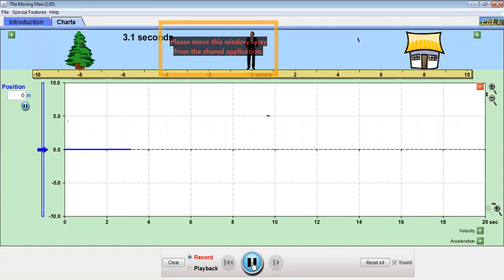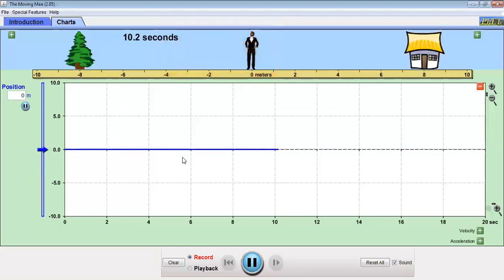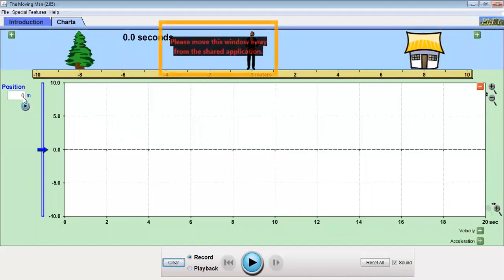We are getting a straight line on the x-axis itself. So what does this represent? A straight line on the axis indicates that the object is at rest and it is at the initial position. Clear? If I place the object at rest at a distance of, assume, 8 meters, so he's at rest at the distance of 8 meters. I start and you will find a straight line parallel to the x-axis from 8 meters. Clear? So this is the nature of the graph.